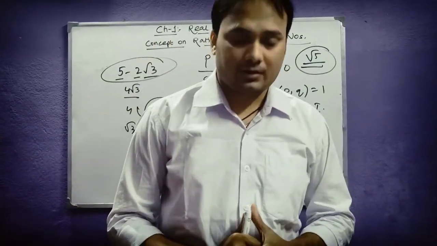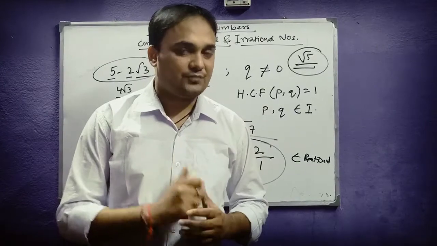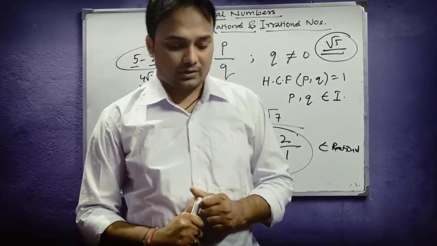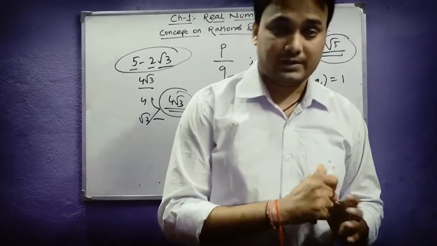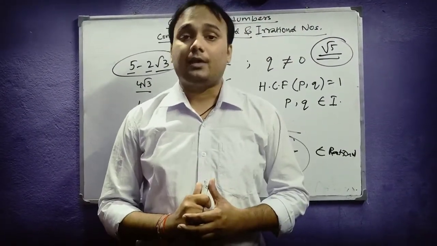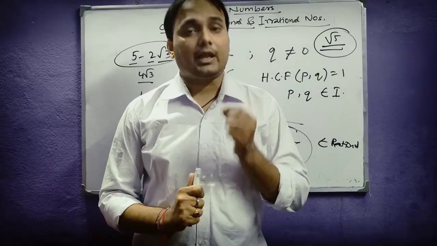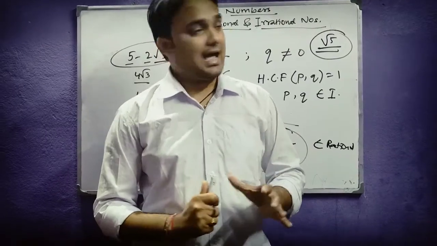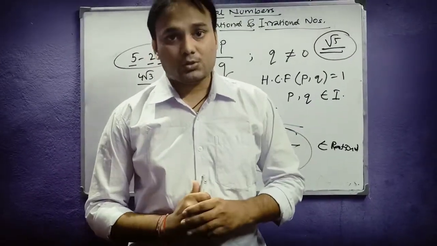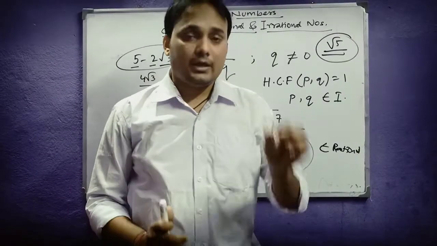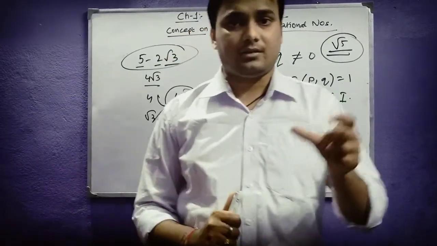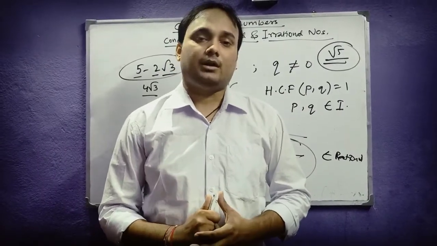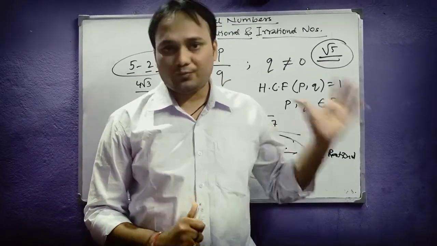That will be the main topic of our discussion for today in the next part of our explanation video. Before I go into the main part, I want to state one theorem to you, because that theorem will be used when I prove root 5 is irrational. While proving any number irrational, this theorem will be used at some level, so I need to state it before I start the proof.